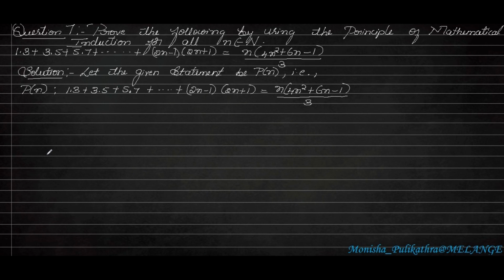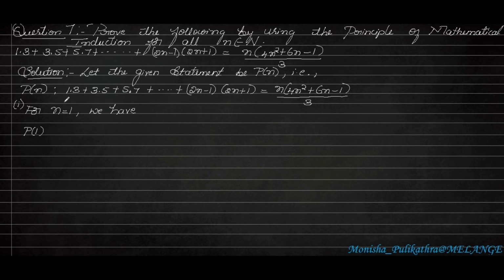Let us move on to the seventh question. So here the question is 1 into 3 plus 3 into 5 plus 5 into 7 up to 2n minus 1, 2n plus 1 up to this equation. So first we have to equate the whole series with the equation to P of n. So I have equated it, the whole equation, to P of n. In the next step we have to write for, so this will be the first step, for n is equal to 1 we have, so wherever n is there we have to substitute it as 1.